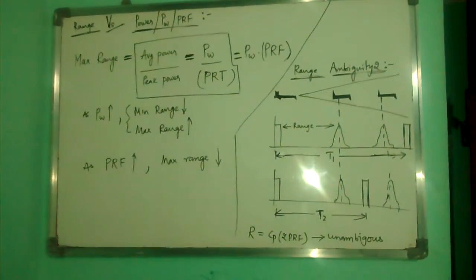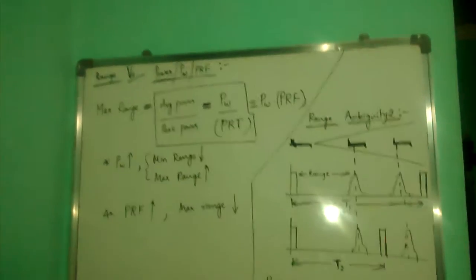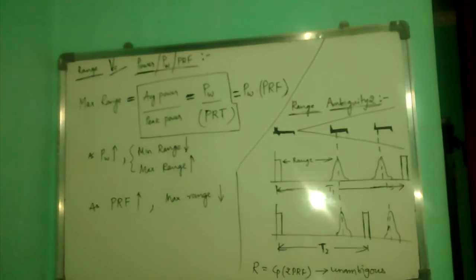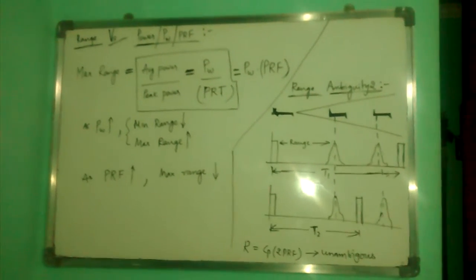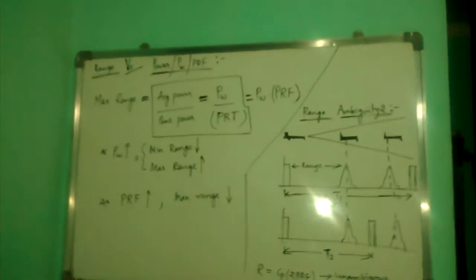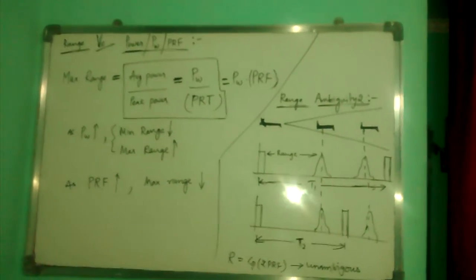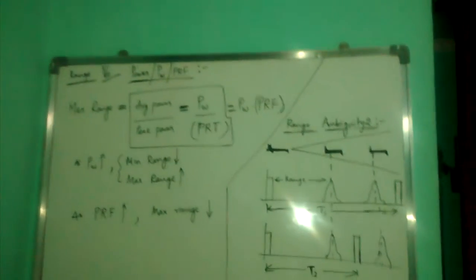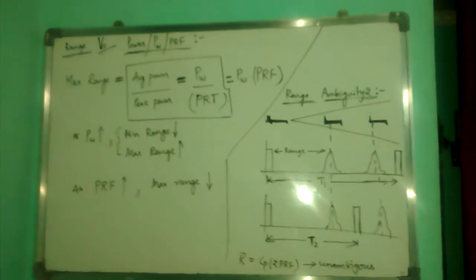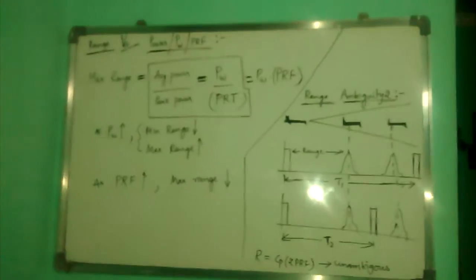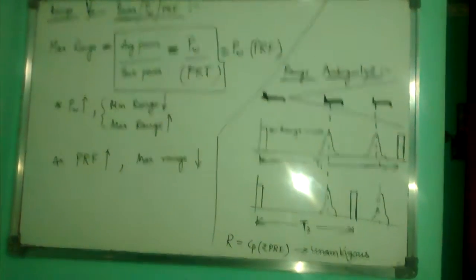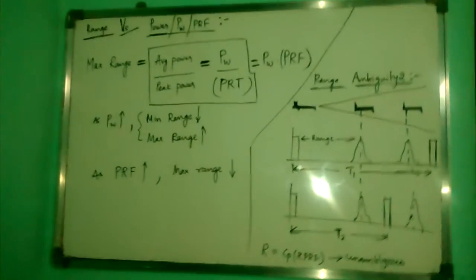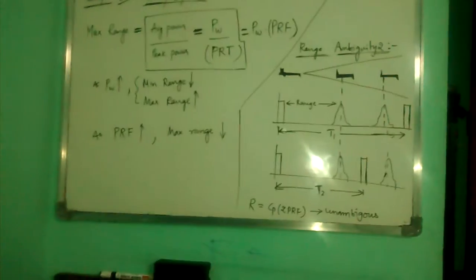So in this video we're going to learn about the effect of pulse width and pulse repetition frequency on maximum range. This is the simple relation given between range, power, pulse width and pulse repetition frequency. As you can see in the relation, as we have already seen in the pulse radar transmission pulse diagram, whenever